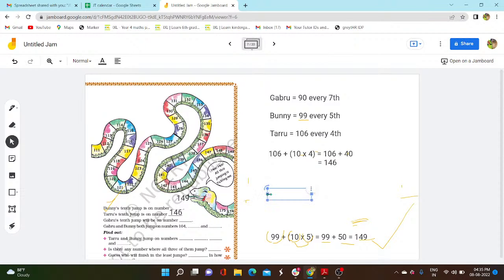We would do 90, where he is starting, add in brackets, the 10th jump times how many jumps he is doing in one single jump. It is 7. So we would do 10 times 7, which is equal to